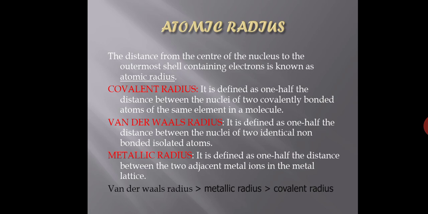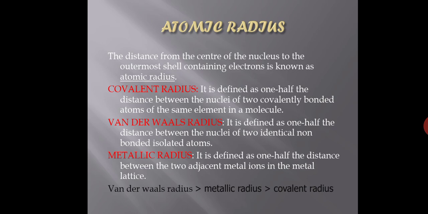So I said that atomic radius depends on the situation, on the environment. The same metal, sodium atom, when it is in the solid state, behaves as a metallic atom and the radius is 186 picometer. That's called metallic radius. But when the same sodium atom is in the vapor state, it behaves as a covalent atom, because the overlapping of electrons takes place, and hence the bond length is now 154 picometer.